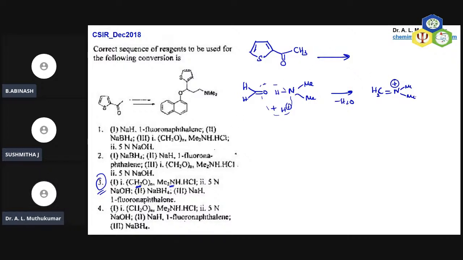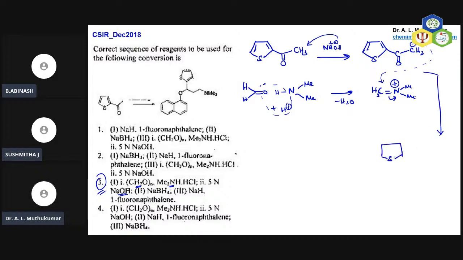What is happening here? This compound is followed by treatment with sodium hydroxide, which is a base. This base abstracts this hydrogen atom and provides the corresponding anion, because this hydrogen is acidic in nature, as this methyl group is connected to C double bond O, which is an electron withdrawing group. Now this CH2 minus will be attacking this CH2, and this electron will be shifting here. As a result, it will lead to the formation of